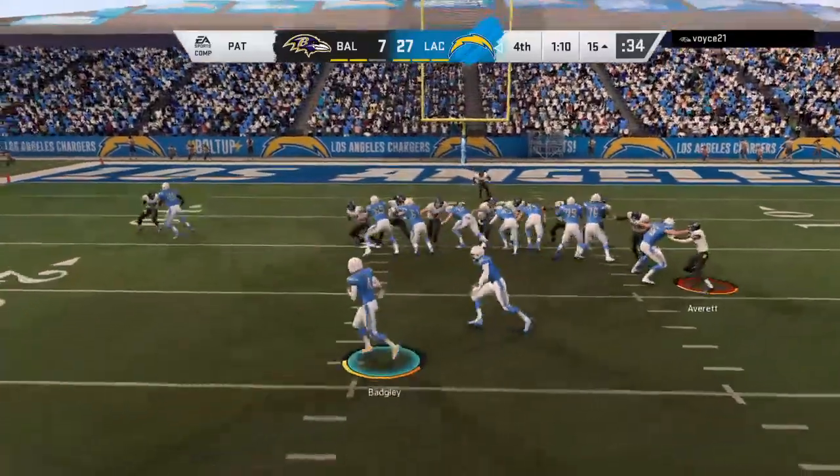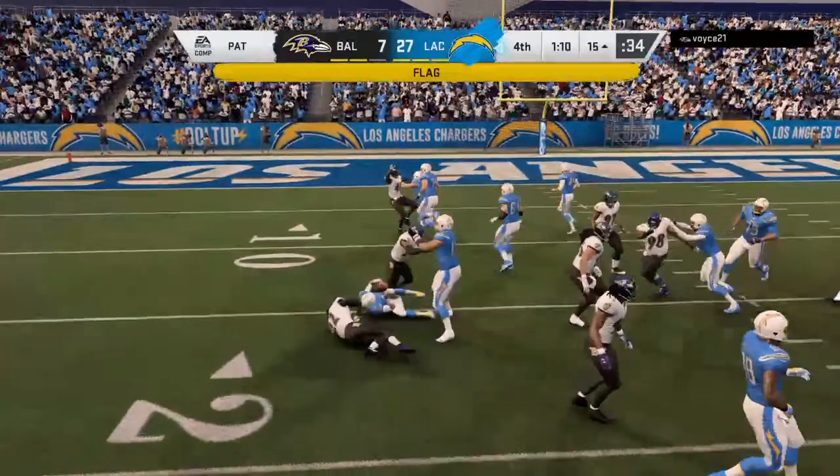Oh, look at this. A flip to the kicker. He's going to try to run for it. And this fake